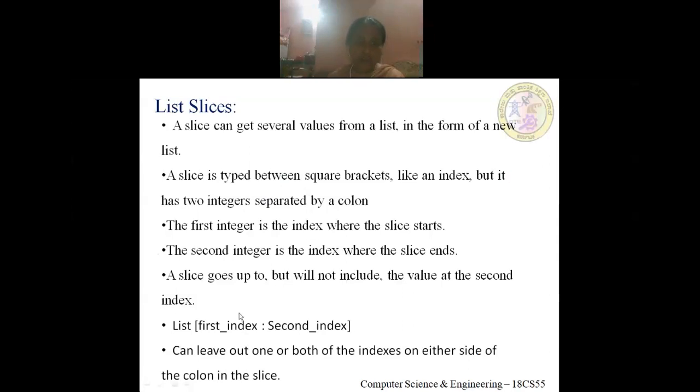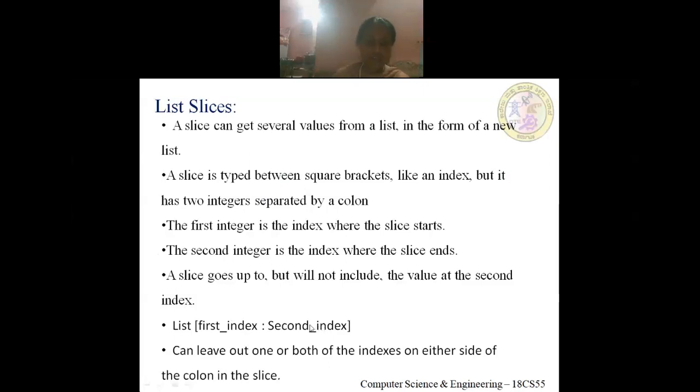You can leave out one or both of the indexes on either side of the colon in slices. It is not mandatory to always provide the first and second index. Any one can be missing or both can be missing, and slicing is still possible.